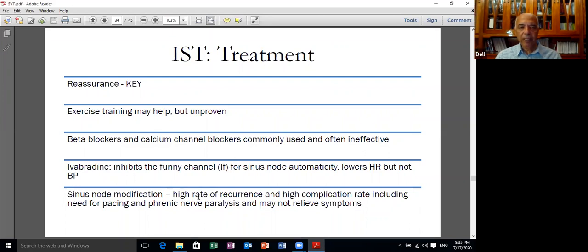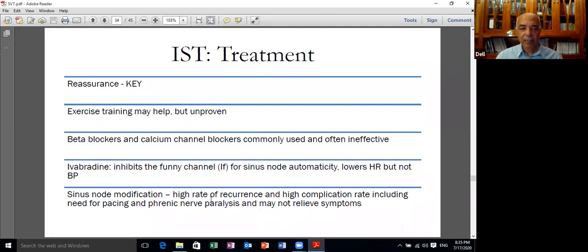Keep away from sinus node ablation or sinus node modification. Sinus node modification, in contrast to AV nodal ablation, is a very difficult situation. It's very easy to ablate the AV node. It's very difficult to ablate the SA node. The SA node is hidden behind the upper part of the crista terminalis. You can't reach it from the subendocardium. It is anatomically located subepicardial and is penetrated by a large artery, the artery of the SA node, which cools it continuously and makes radiofrequency ablation difficult.